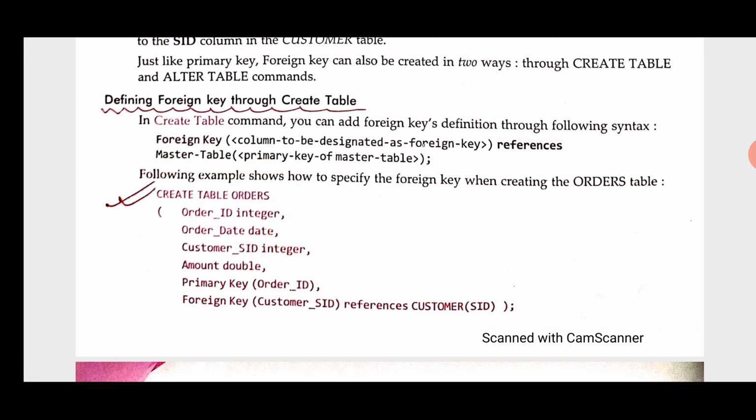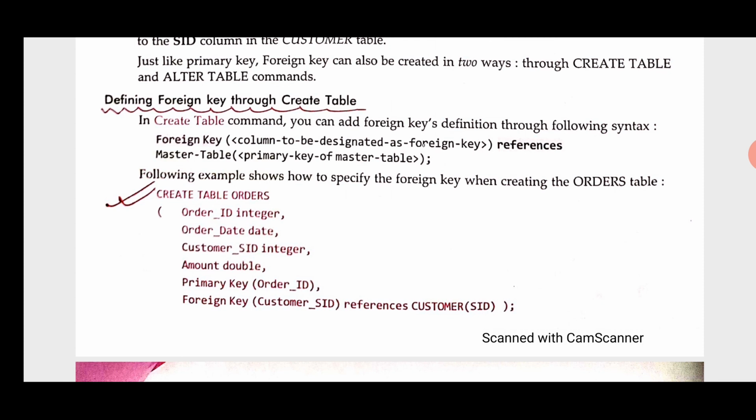Create table orders, order ID integer, order date, customer SID integer, amount double, primary key order ID. In this line, order ID is the column with integer data type, order date with its data type, customer SID is the name of the column and integer is the data type, amount is the name of the column, double is the data type, primary key order ID.